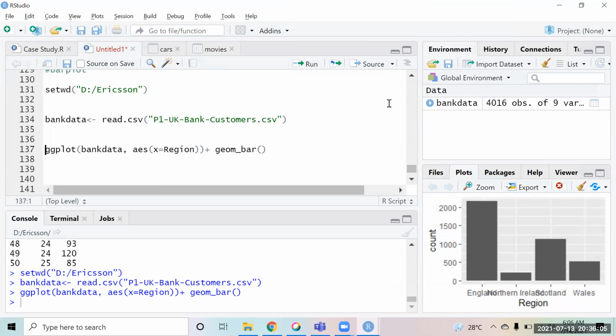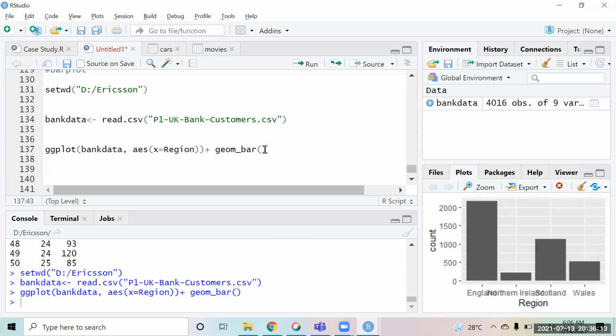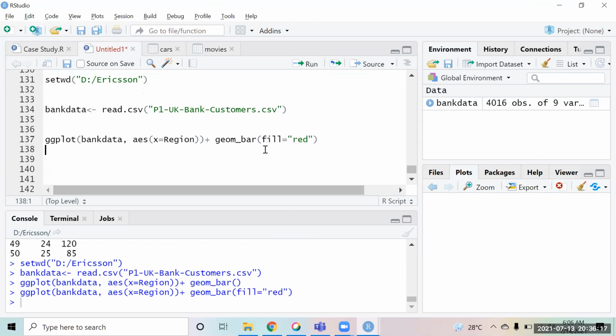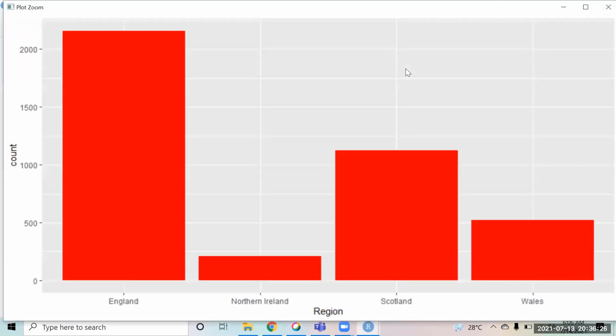So now this bar chart that we have created, right? You want to apply those colors and all. Definitely you can do that. Suppose you say color equal or maybe fill. So if I say fill equals to red, so the color will change according to that. Now this is a normal bar chart that we have created.